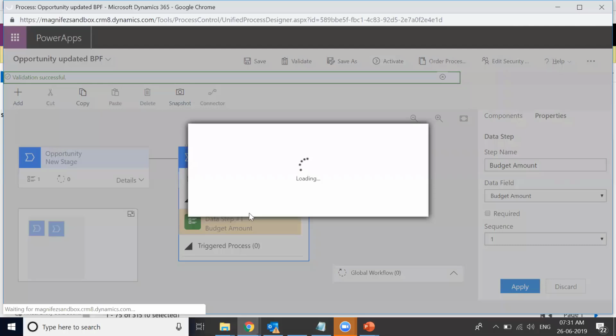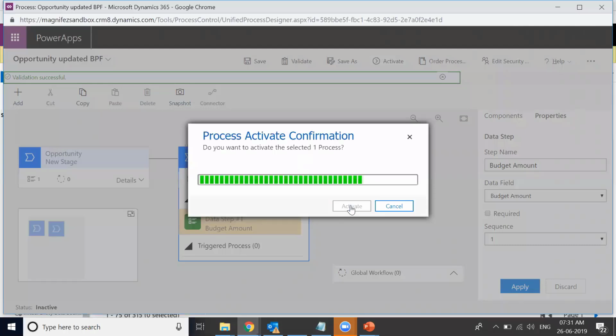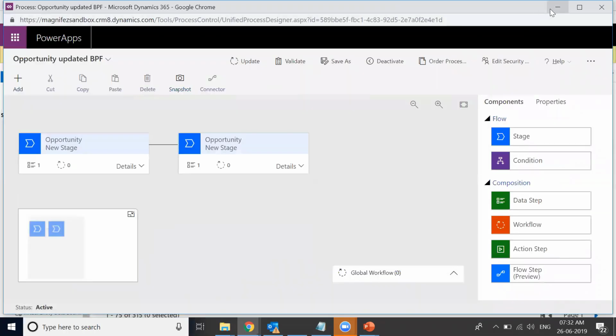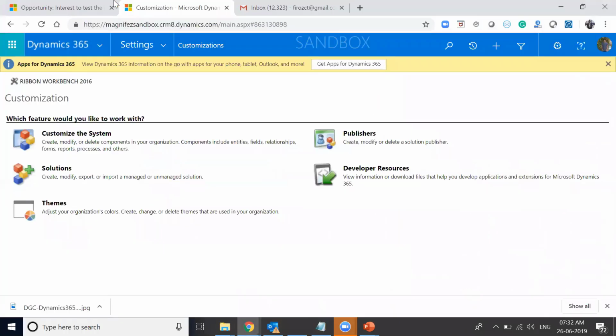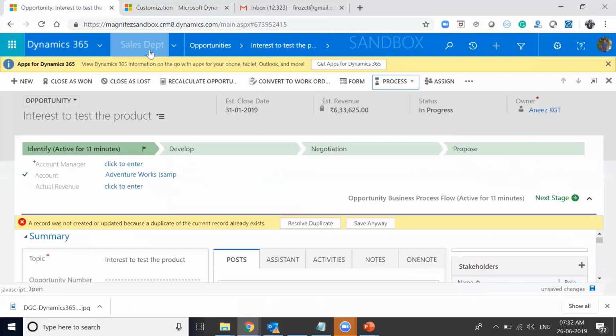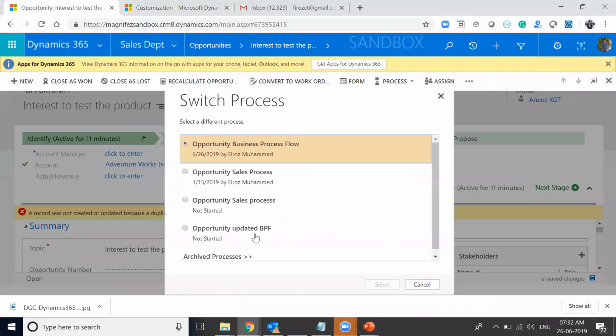So this becomes another business process flow for your opportunity record. I'm not going to add too many stages over here because you already got an idea about it. So I have created one. Now I can go to the form of an entity. That means here it is opportunity. Refresh the form, then you will be able to see that in the switch process list. I have to refresh it. Yeah, it's already showing here. So I can select that one,